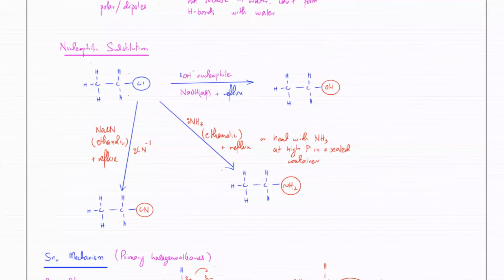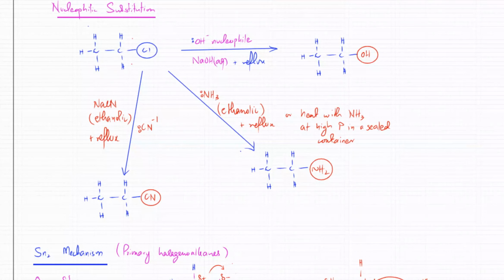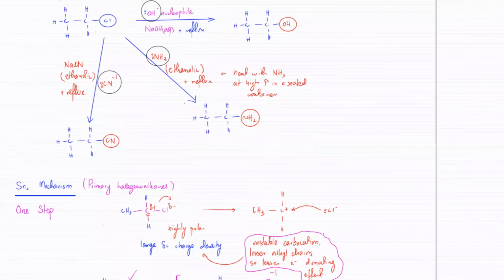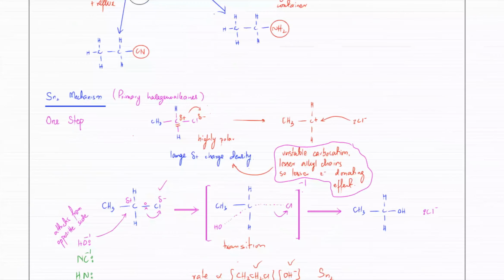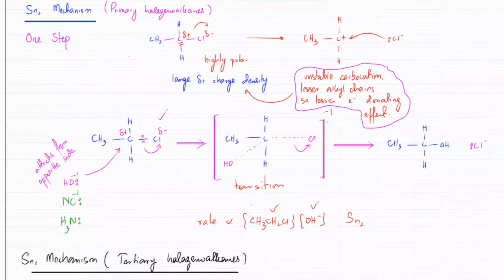We did nucleophilic substitution. I told you that there are three nucleophiles that do this substitution thing. You've got OH -1, you've got NH3, they've got lone pairs, and you've got CN -1. So you've got three nucleophiles, three different conditions, and you have nucleophilic substitution. And the first one was that when you have a primary halogenoalkane, what happens in a primary halogenoalkane is,